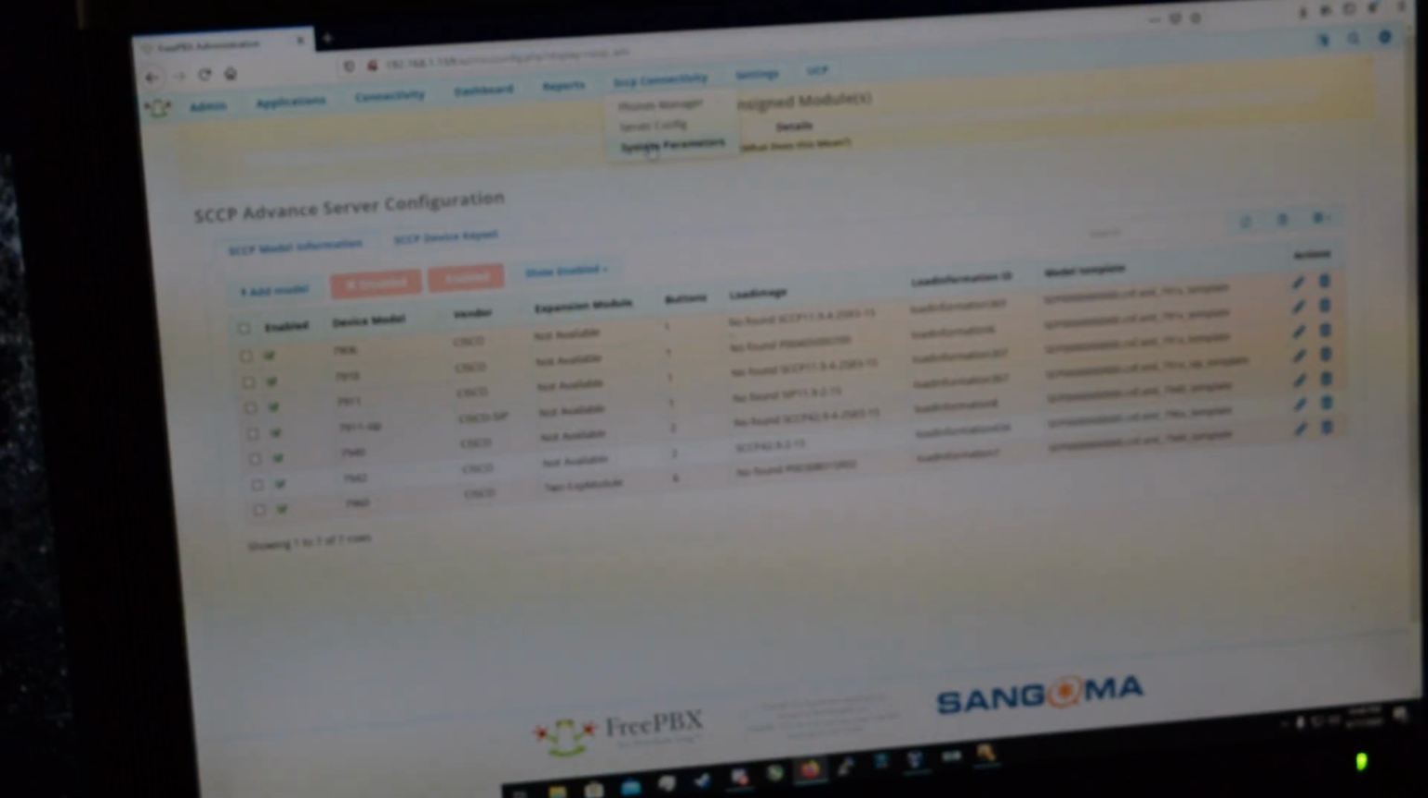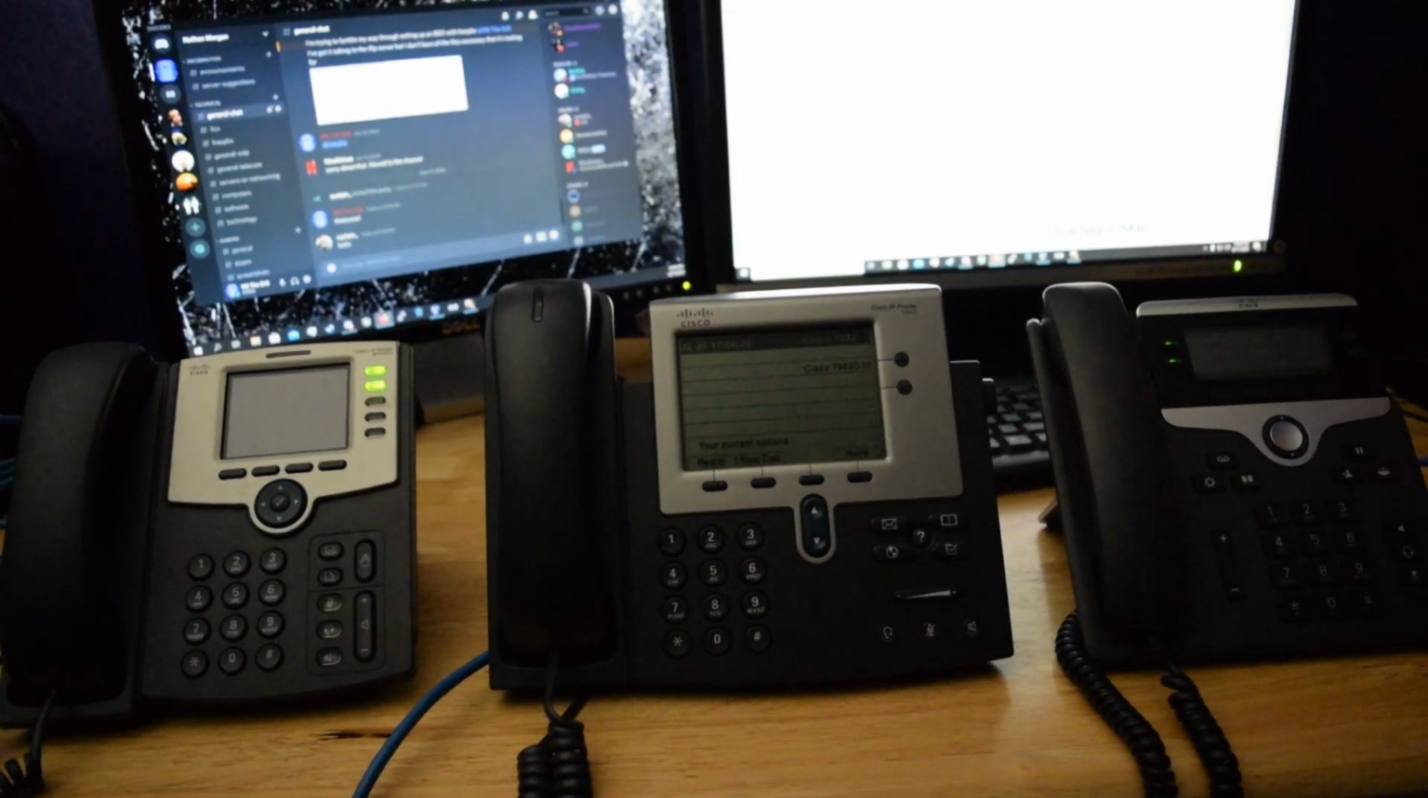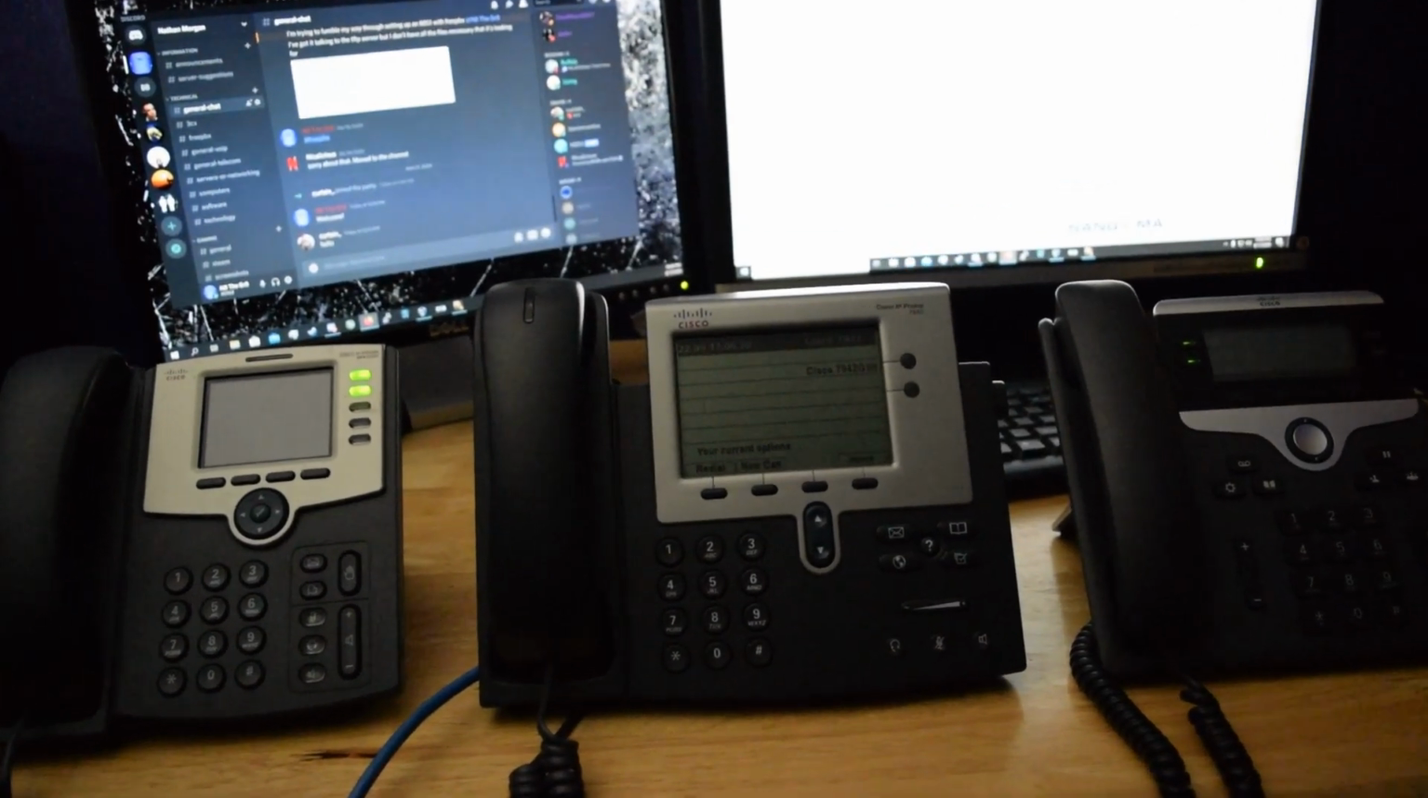And if you go to system parameters, it shows a bunch of stuff here, like the load images and the templates for the configuration files. So if we go into the phone's settings, which